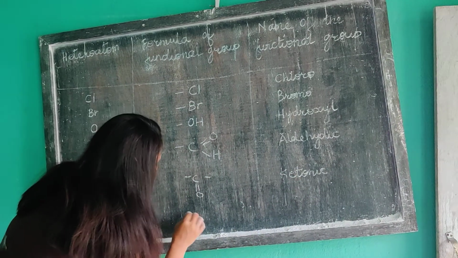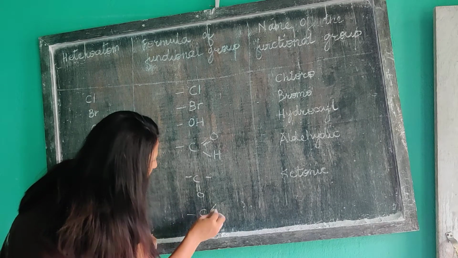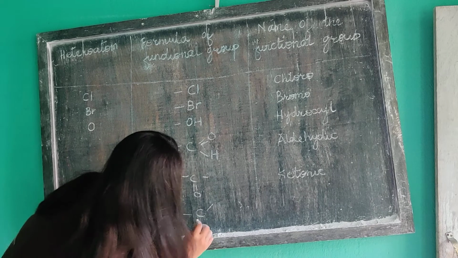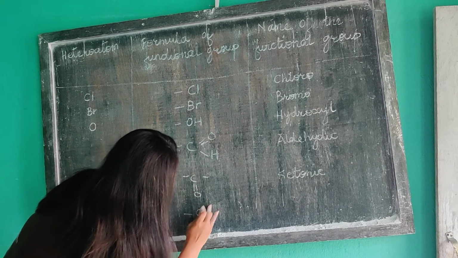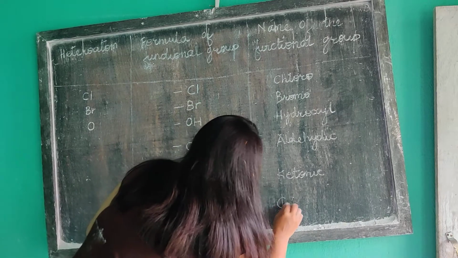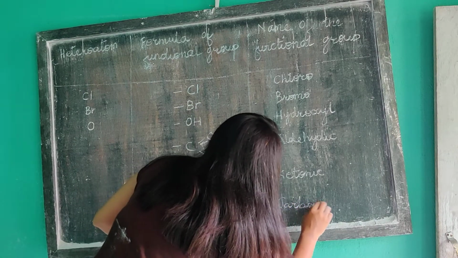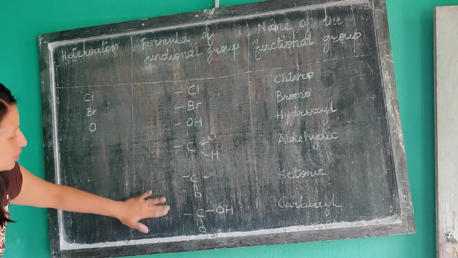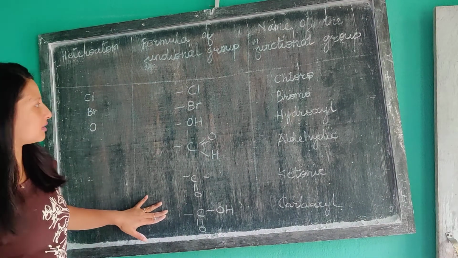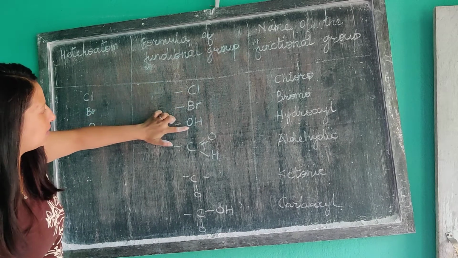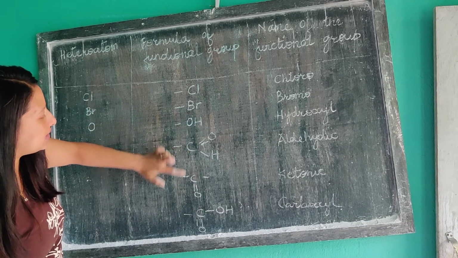And finally there is the carboxyl group. So see, this is the formula of the carboxyl group. So these are some of the important functional groups that can be present in carbon compounds: chlorine, bromine, hydroxyl, aldehydic,